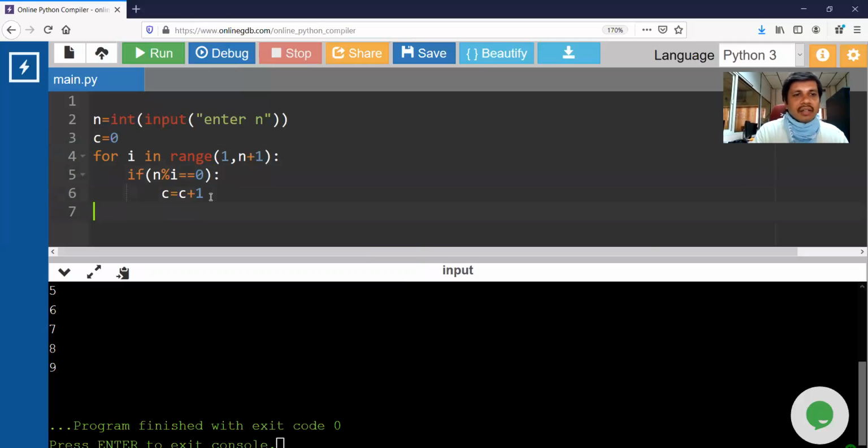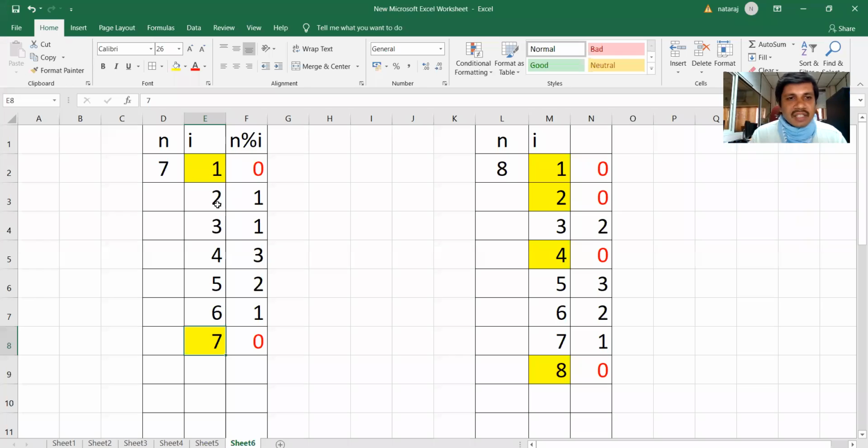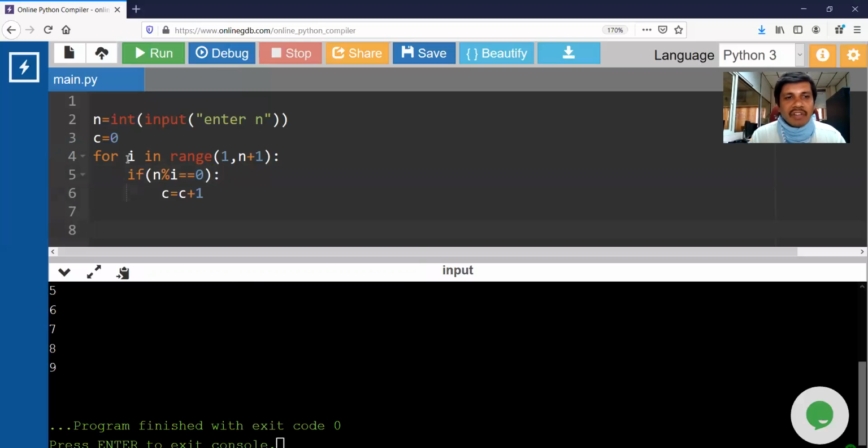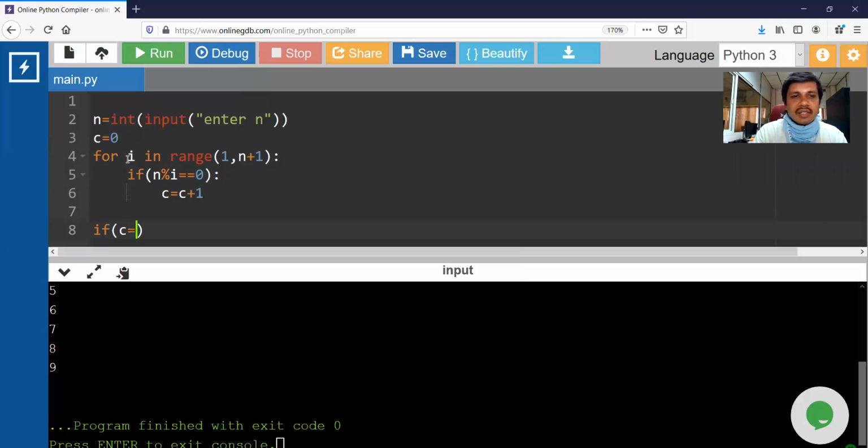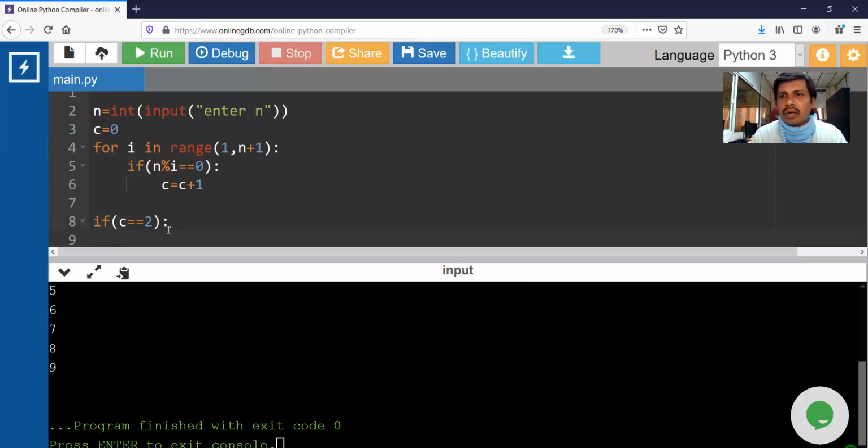Okay. Now, after breaking the loop, మొత్తం అన్ని ఎలిమెంట్స్ చెక్ చేశారు. I value 1 అయినప్పుడు చెక్ చేశారు, 2 అయినప్పుడు, 3 అయినప్పుడు, 4 అయినప్పుడు, so on. You have checked the elements till 7. So, after breaking the loop, you need to check whether the count is equal to 2 or not. Why 2? 1 and itself. So if the factors are 2, then it is a prime number. If the factors are not 2, it is not a prime number.